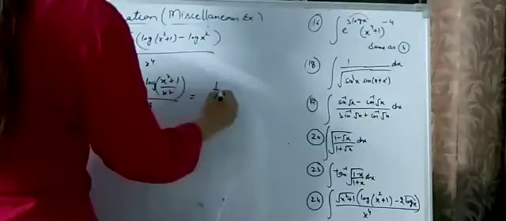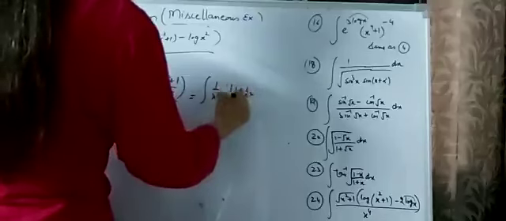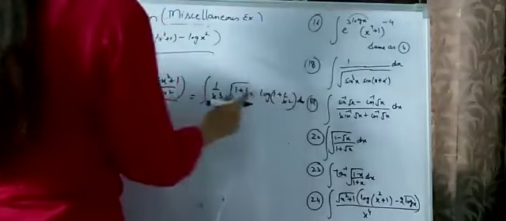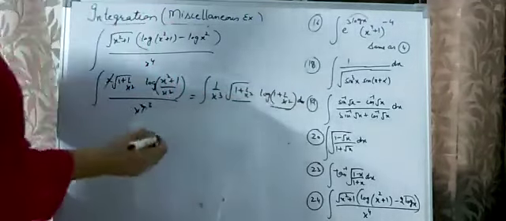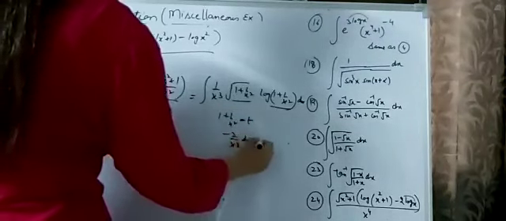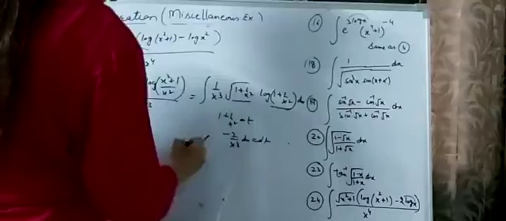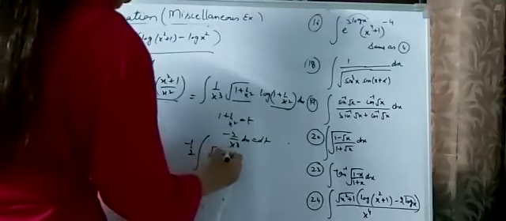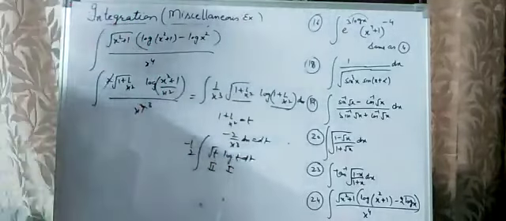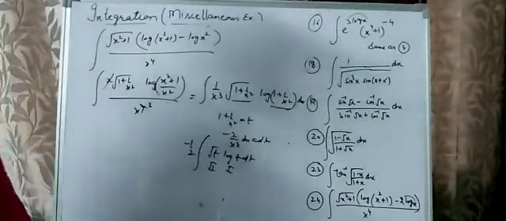So see the combination of the question here. This is here and this is here. See the pack up of this 1 plus 1 by x square. So we put 1 plus 1 by x square as t, and its derivative is this one. So what is dx? dx upon x cube is equal to this, changed to this side. This is root t and this is log t. So this becomes the by parts question. We take first and second, and after completing this integration we put the back value of t as 1 plus 1 by x square.